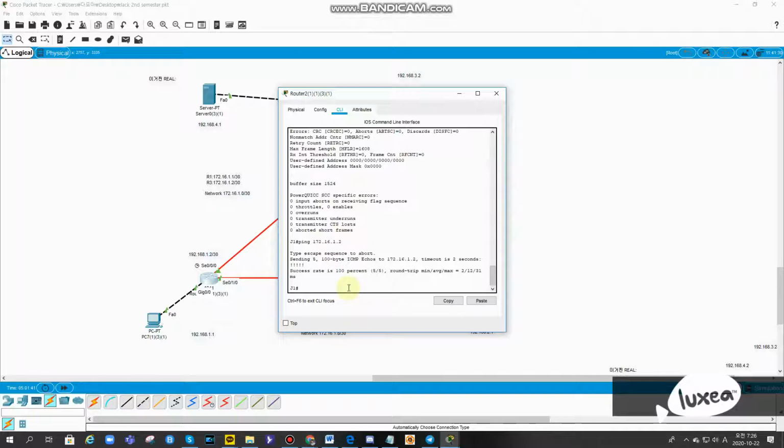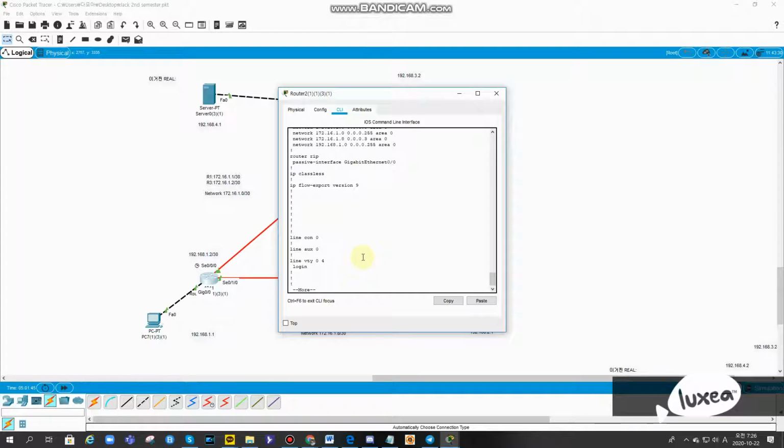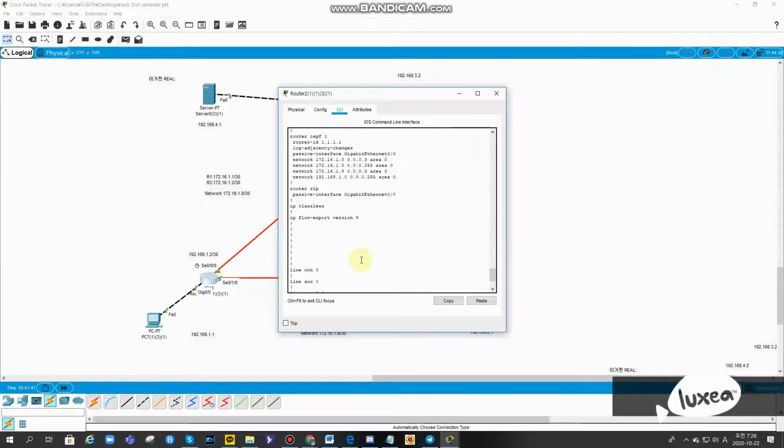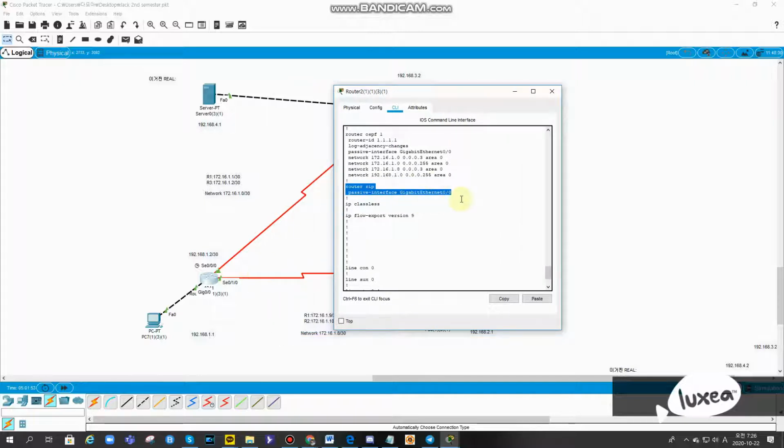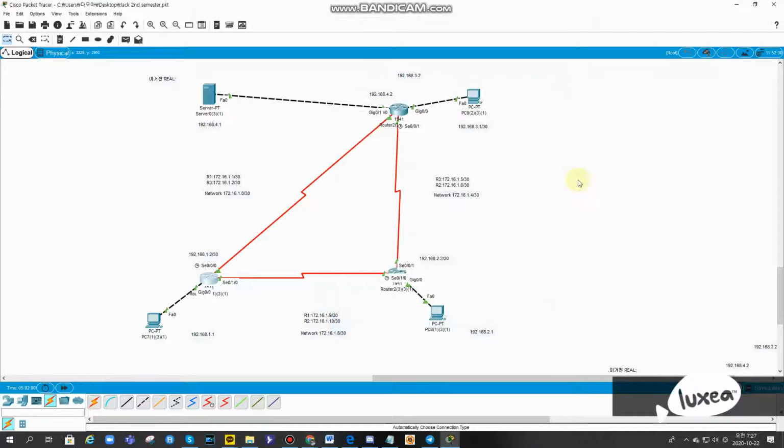It's really easy. So after that, what we're going to see here is router RIP, passive interface GigabitEthernet 0/0. But I did another passive interface later. I'm going to talk about it later. And after that, the main point,